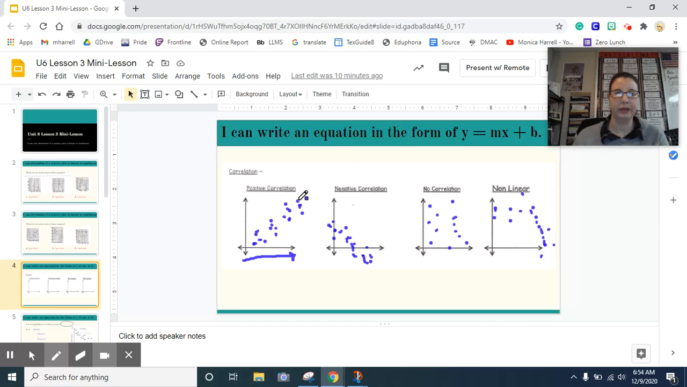So this is a positive correlation. Let me change my colors to yellow. So we have a positive correlation. If I draw a highlighter through that line, the line is generally going positive from left to right. A negative correlation is generally going down from left to right. No correlation means that when I'm tracing my line, there's nothing particularly there to trace. And nonlinear means that I can trace a line, but when I'm tracing the line, it's not a straight line. Okay, so let's go to